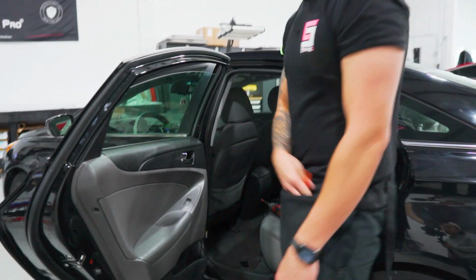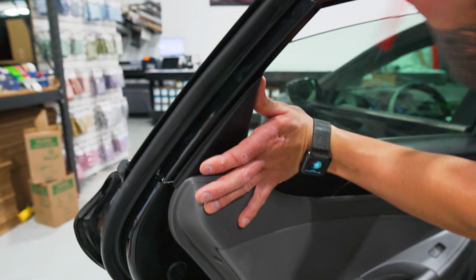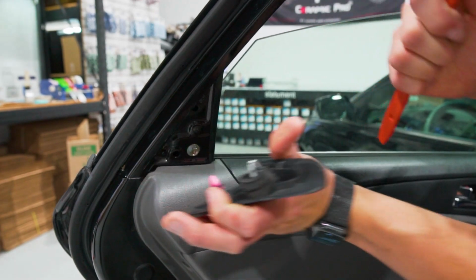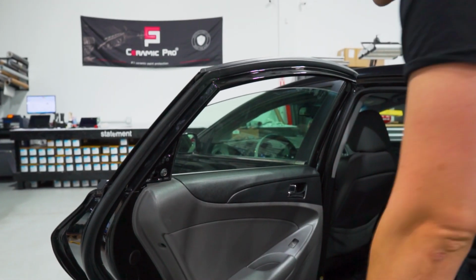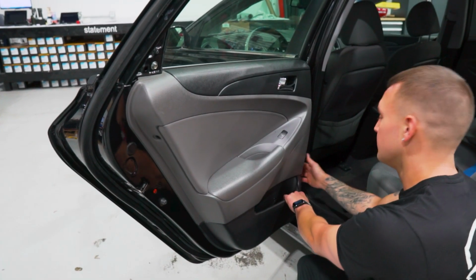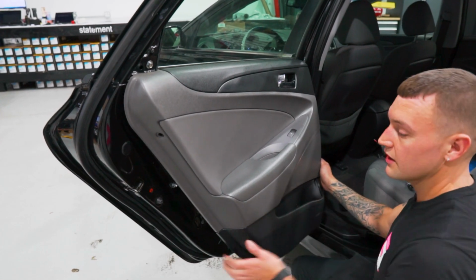And the fourth thing we have to remove is this little triangle piece here. We're going to put pressure on it from the front side, use a gasket stick on the top edge, and just twist. And that pops straight back. Once all of that is removed, we're going to grab the panel from the front bottom corner, pull in this bottle holding area right here, as well as the back or the front edge of the door. Pull straight back, lift up,